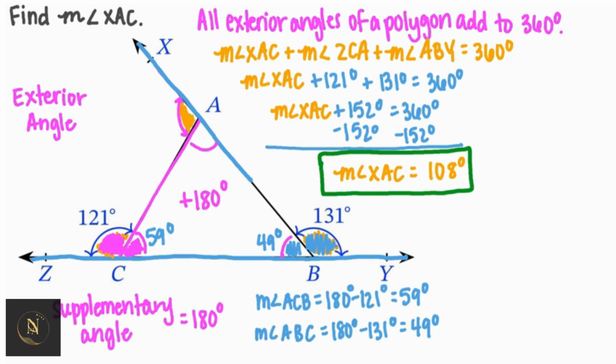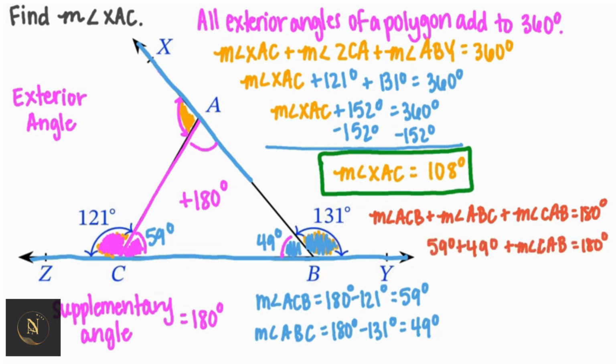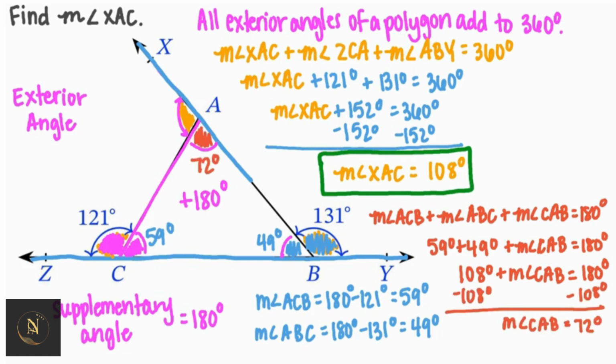So now we have two of the three interior angles. So we need to add them together and then subtract it from 180, because all of the angles on the inside of the triangle add to 180 degrees. So the measure of angle ACB is equal to 59 degrees, the measure of angle ABC is equal to 49 degrees, and now we add them together, and their sum is 108 degrees. Now we subtract it from 180, both sides of the equation, and we find the measure of angle CAB is